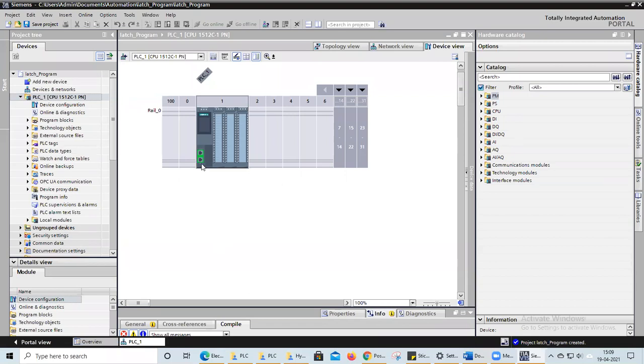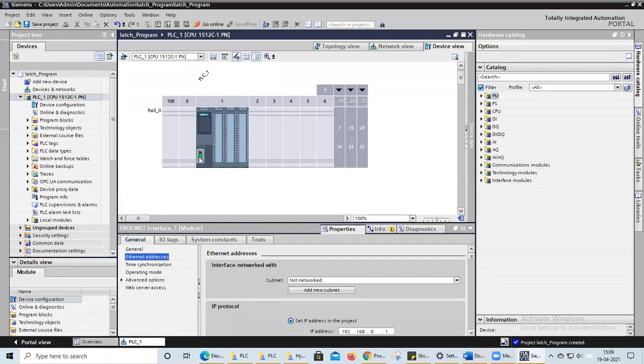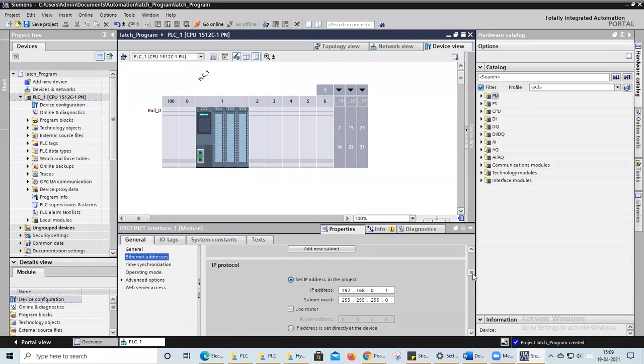Okay, here you can see Ethernet ports with green borders. If you click on these Ethernet ports, these options will pop up from the bottom. Here you can see the IP address of the CPU, because we need to configure the CPU to our PC.